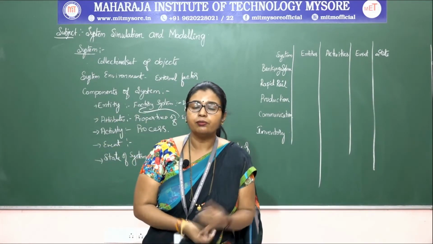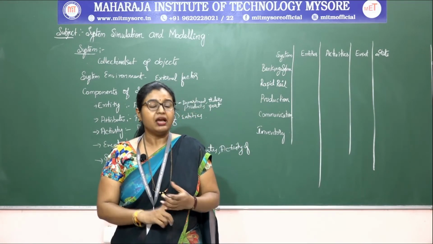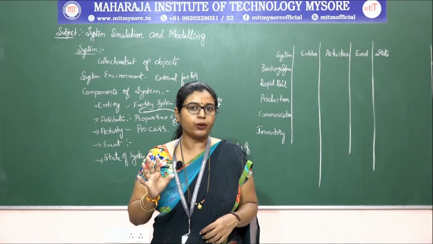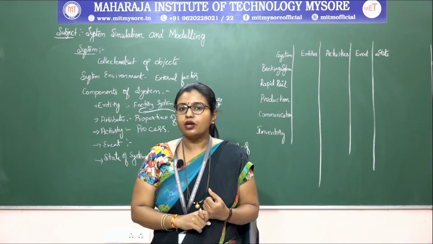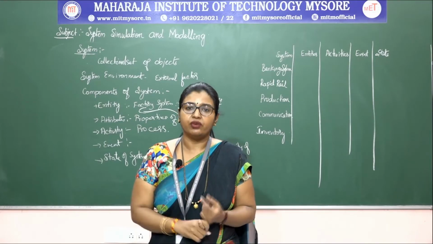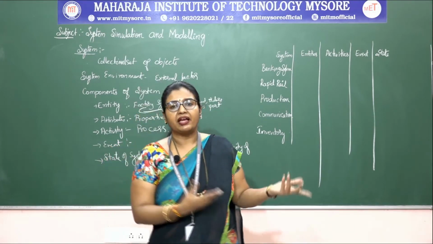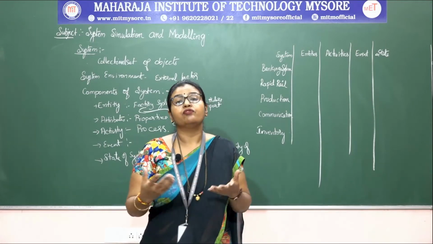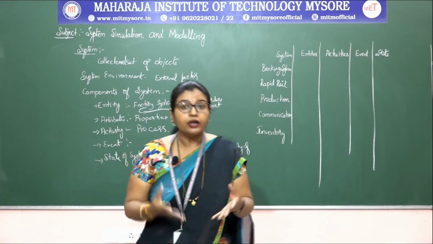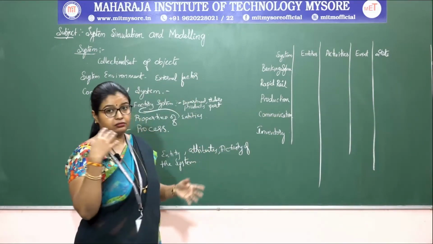What are all the components of the system? Entity, attributes, activity, event and state of the system. Whenever we are going for simulation, you need to identify these things. Okay. So what is that? Entity means the object of interest, what we need to simulate, on whom we need to simulate. If you consider any system, a banking system or a factory system, the departments, the products, and the orders we have are all considered as entities.